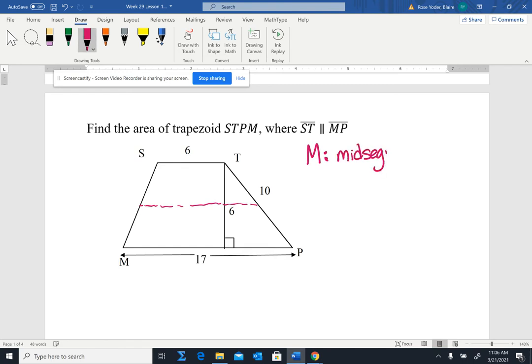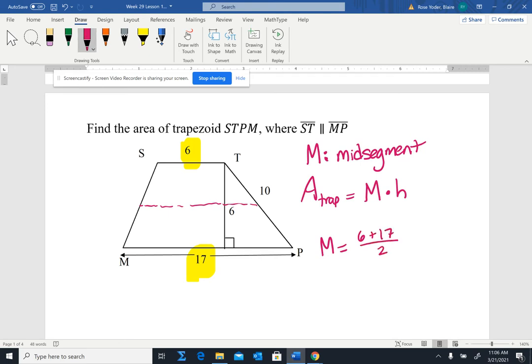If you use the mid segment as your base, then the area of a trapezoid is just, instead of base times height, it's going to be mid segment times height. So it still falls in line with our base times height formula. It's just one base of a trapezoid is too small, one base is too big, and we want the base that's just right. So here's how you find a mid-segment. It's really quick. We just take our two bases, 6 and 17, and we average them. So how do you find an average? You add them up